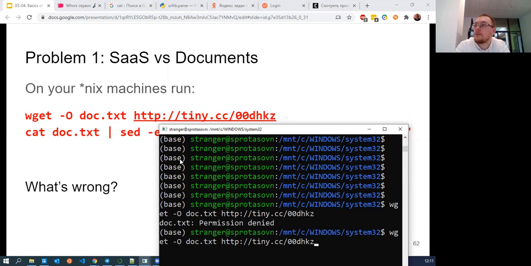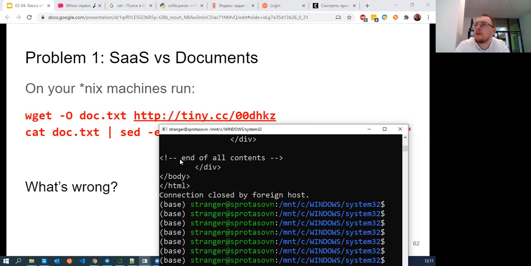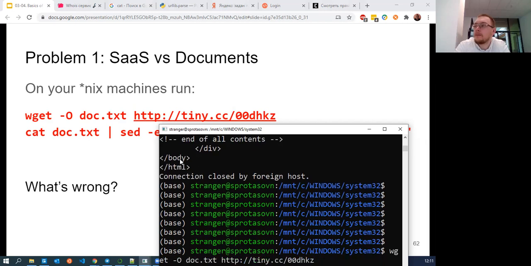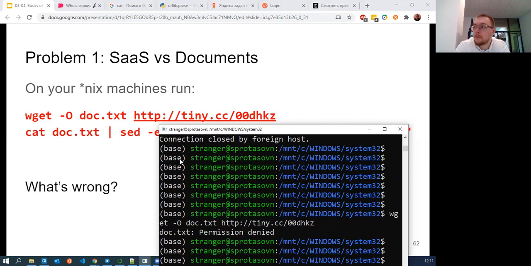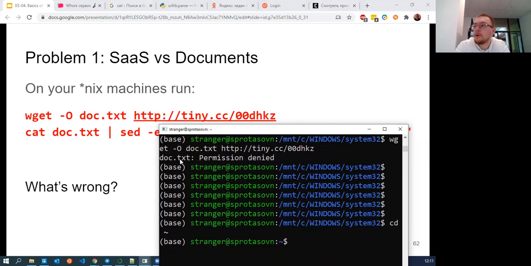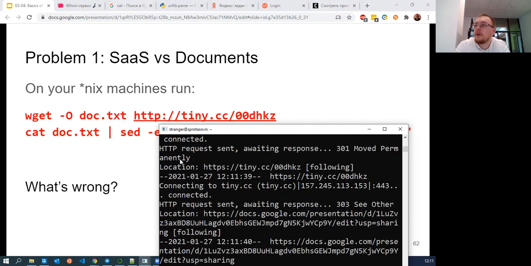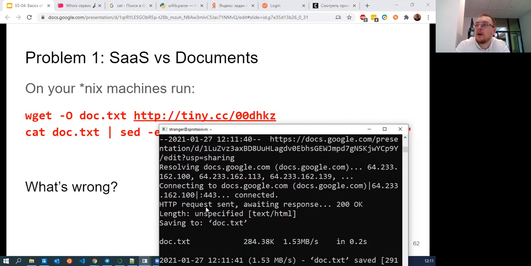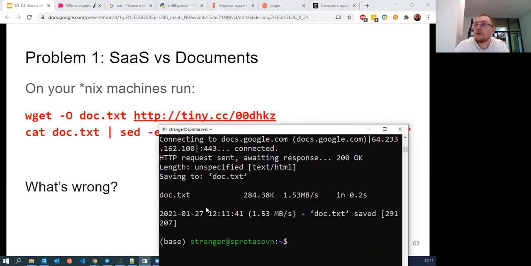Oh, what's wrong? Oh, yeah. So you want me to be a super user to store the system32? No, I will switch to some other folder. Yeah, now I downloaded the file, and this is the document which is returned by a server when I request a presentation from this course. So it stored it to some file, doc.txt, and now I want to cat,